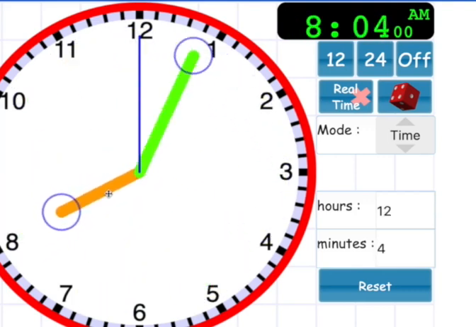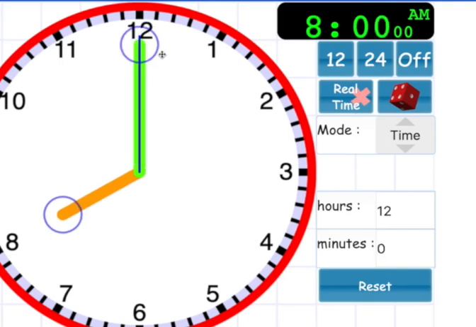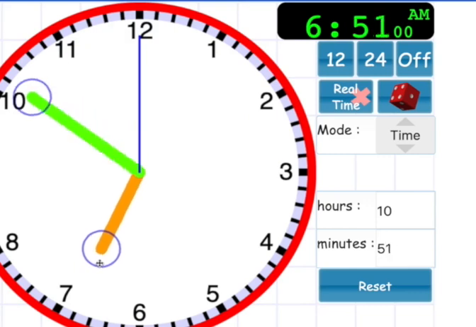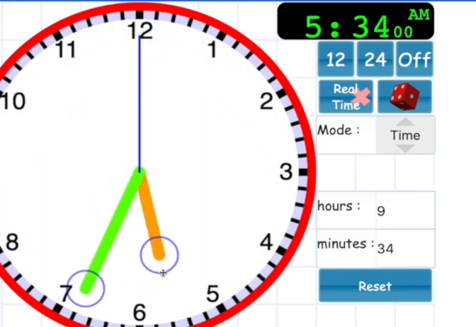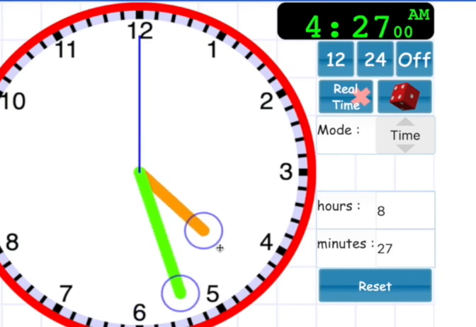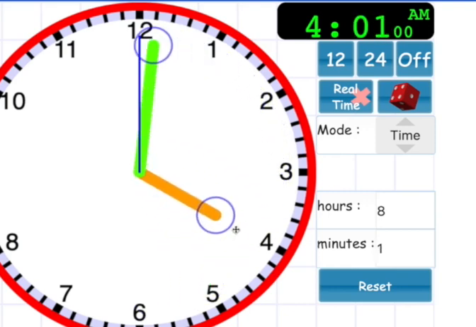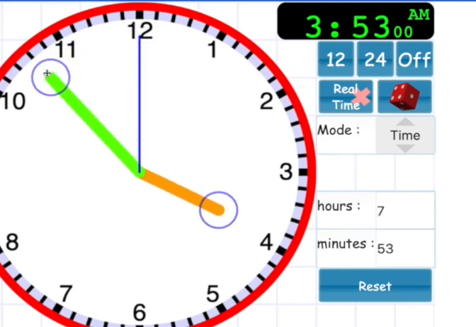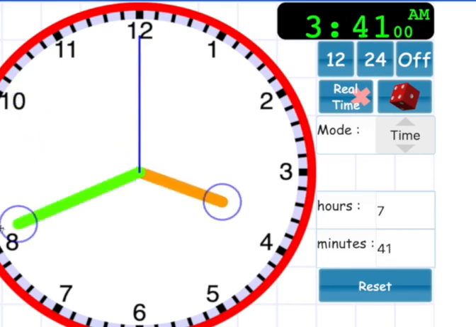Well, once I've gone from 8 p.m. back to 8 a.m., I've gone 12 hours. So I know that from here, I still have to go back another 4 hours and 33 minutes. So let's pull that back. This is hour 13, hour 14, hour 15, 16, and now I need to go back another 33 minutes. So pulling that hand back around 33 minutes is going to get me